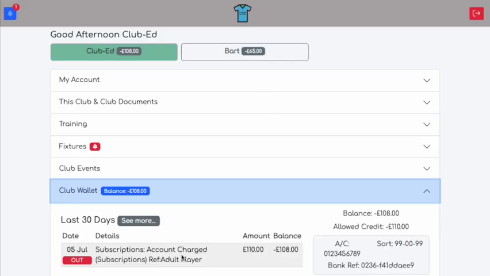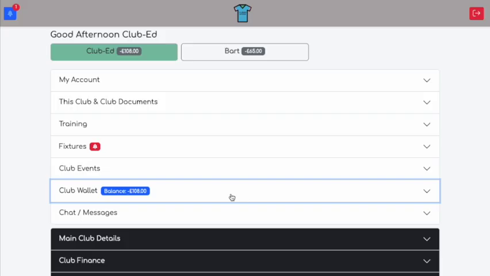The wallet shows in there, but I've now got that allowed credit automatically applied, and that will then reduce automatically later on once the month is up. It just allows them to not hit any debt problems when being selected. What all that means is that as a club, you don't have to manage the membership